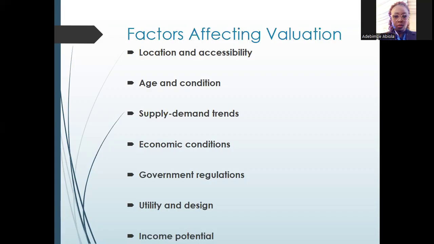So welcome back, and this will be a continuation from where we stopped, from the method of valuation. So now we are going to be looking into some factors that can affect our valuation, or we can also say factors that can affect our value. So the first thing we need to know is that location and accessibility is a factor that can affect